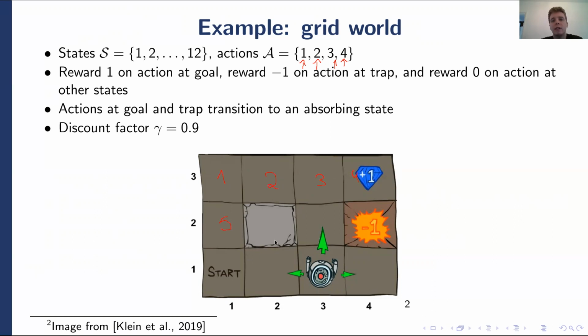This would not be a state because the agent could never be in this position. This here represents a wall. So let's call this a state, let's call this a state, state 7, 8, 9, 10, 11. Now I said there were 12 states. So where is the 12th state? Well,